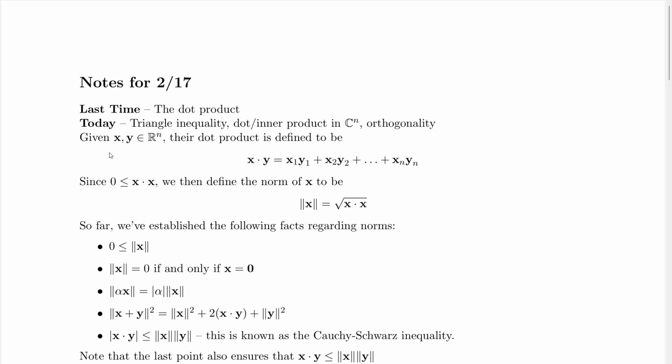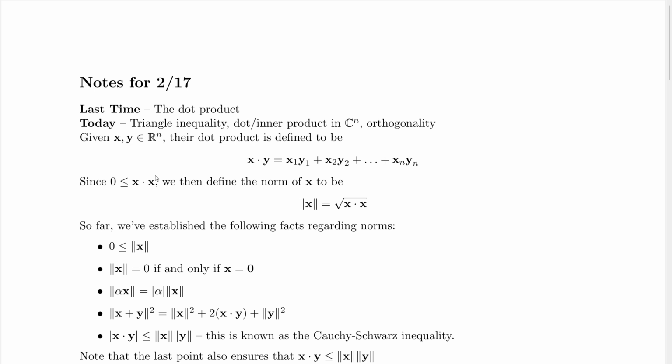Alright, so given two elements of Rn, their dot product is defined as follows. You match up their components, you multiply them, and you add them up. As we mentioned, at first glance this is a valid computation, but it's not exactly clear why you would ever want to do this. Though we did note that these suspiciously look like the components of a system of linear equations, so maybe there's a connection. Alright, but before we get to that, we did note that there is a geometric